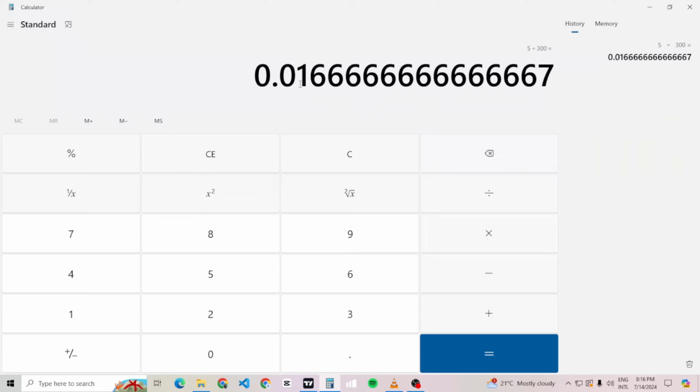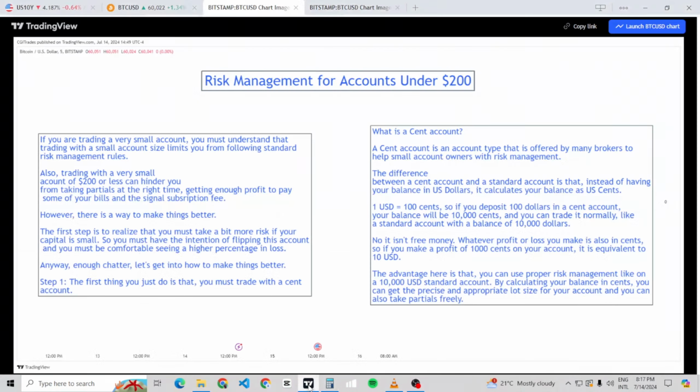you have to round it down to 0.01, or if you take it up to 0.02, that will mean that you're going to lose more than $5 if the trade goes to your stop loss. So that's the crazy thing about trading a small account, right? But